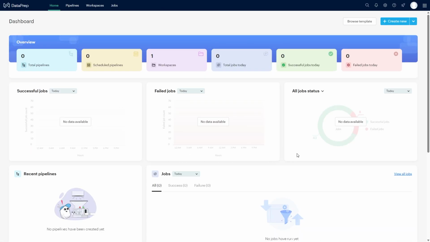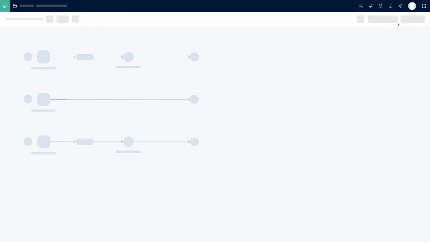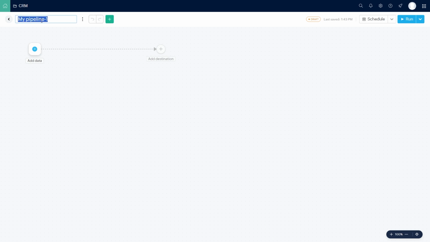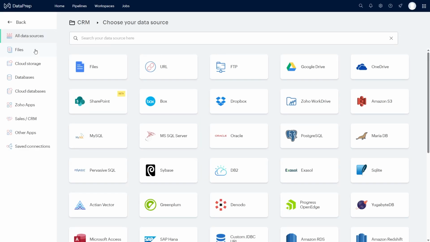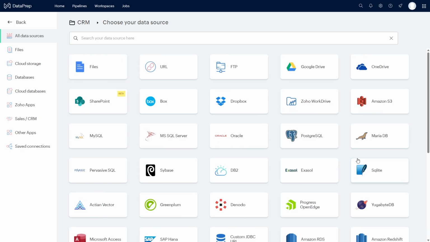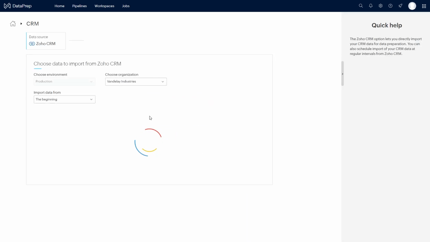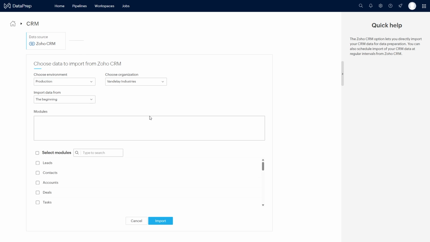Okay, so the way to create a pipeline is go to create new pipeline. Or if we have an existing workspace, we can go to our workspace and then go to create new pipeline. And we'll call this leads cleanup. And we'll click add data here. And you see we have several possible sources of data. We have cloud storage platforms and cloud database platforms. But what we're doing for this video is importing our data from Zoho CRM and then exporting it back to